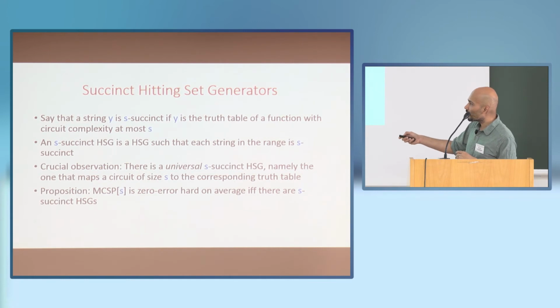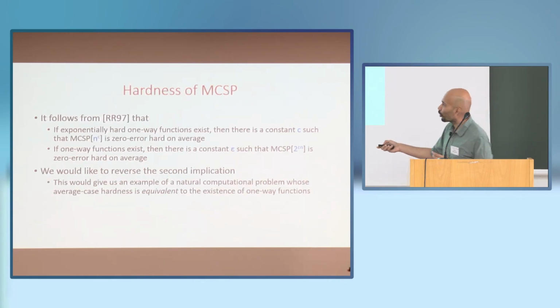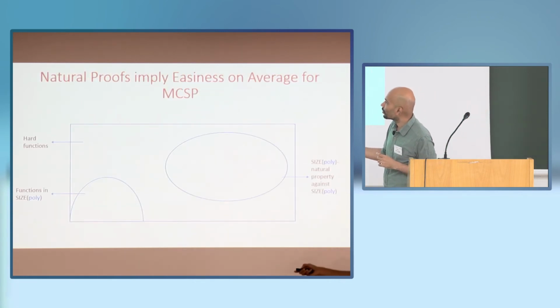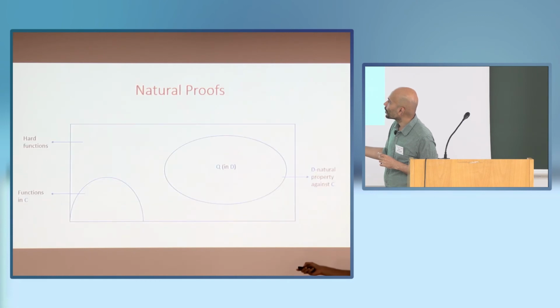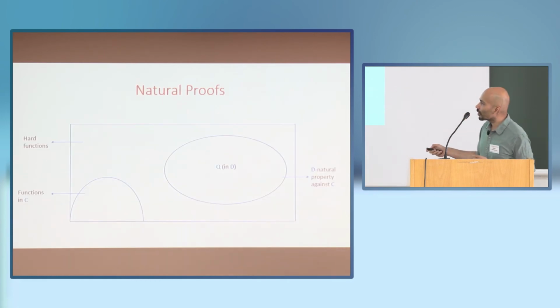So the proposition is that hardness on average and zero error is equivalent to the existence of succinct HSGs. And that actually follows from this picture I had earlier. Here you have the easy functions, right? So you had the functions that had circuits of size at most S. And if you had a dense easy set here, if MCSP was easy on average, then the hitting set generator's range needs to live in here,